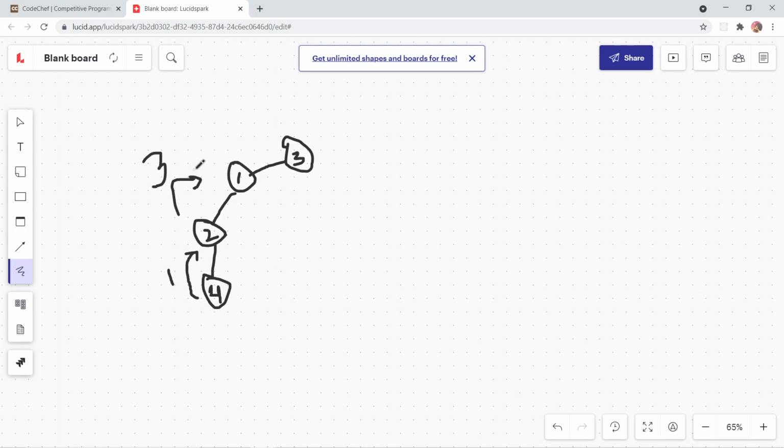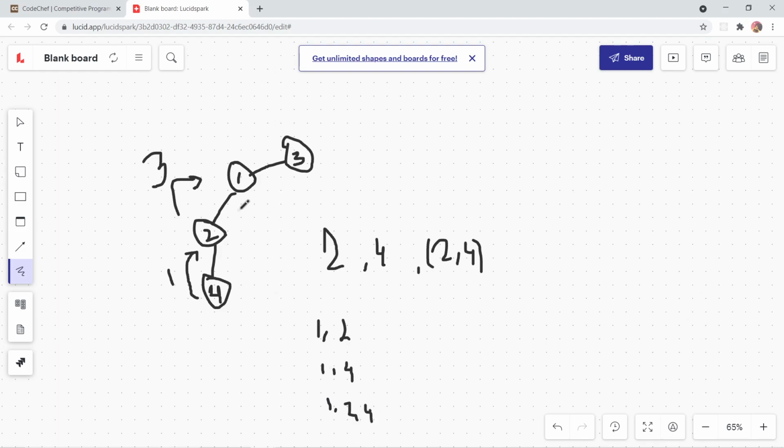Then he says that if you can make 3 paths, I can double that up. How can I double that up? Let's say he was saying that I can make 2, I can make 4, I can make 2 4. These were the paths that 2 can make: 2, 4, and 2 comma 4. So he says I can double that up. How can you double that up? He was making 2, 4, 2 4, and I can make 1 comma 2, I can make 1 comma 4, and I can make 1 comma 2 comma 4.